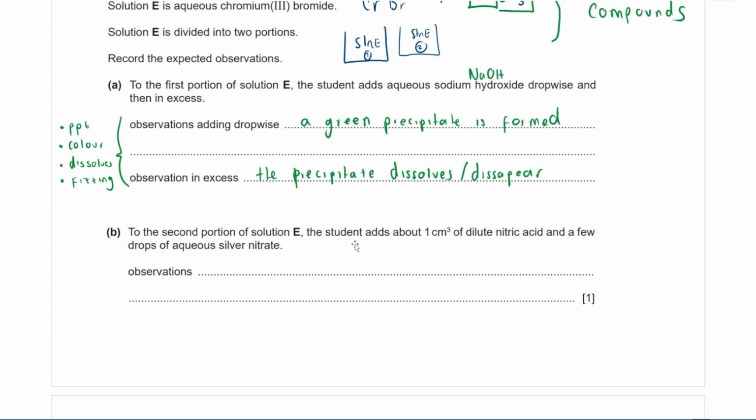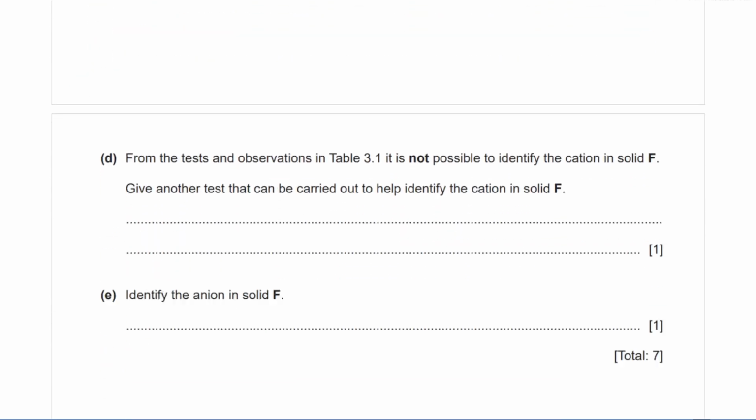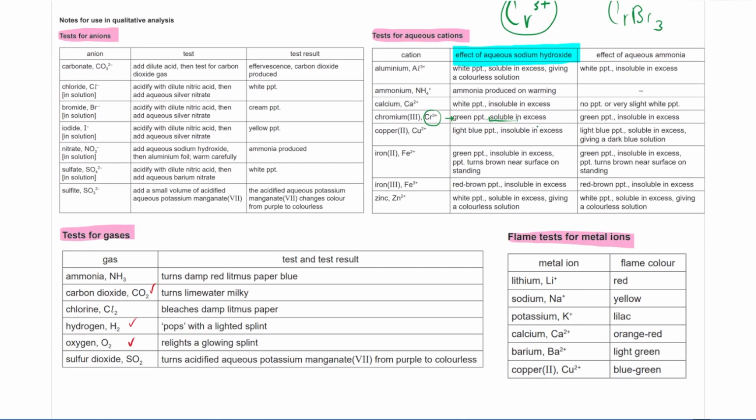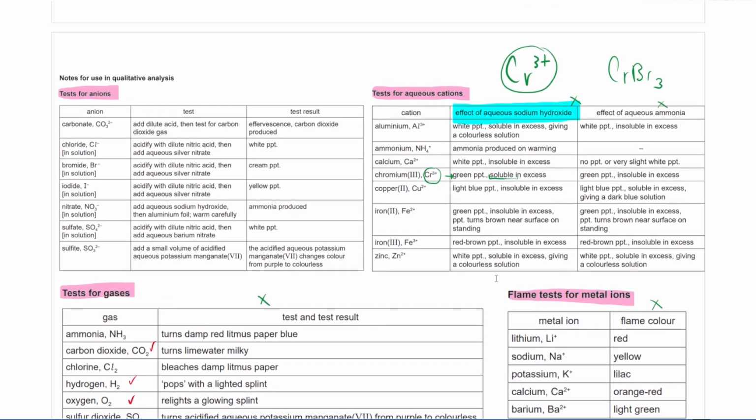And it says the student adds about 1 cubic centimeter of dilute nitric acid and a few drops of aqueous silver nitrate. So now we need to go to the table and look for the effect of adding HNO3 and silver nitrate. Now look at this. Here you have the effect of sodium hydroxide, so this is not an option. Effect of aqueous ammonia, not an option. Flame test, not an option. Gases, not an option. So the only thing that you have here is the test for anions, and this